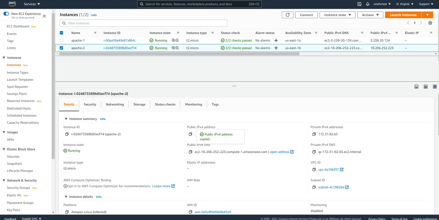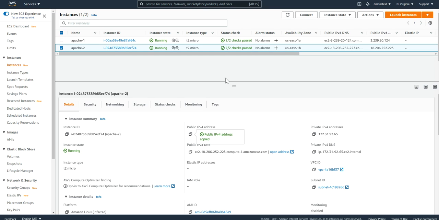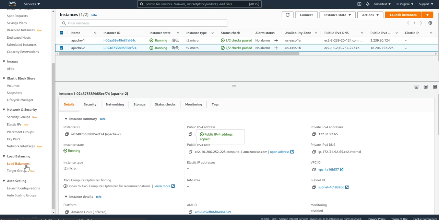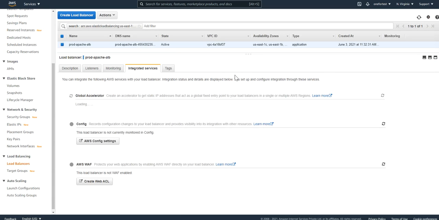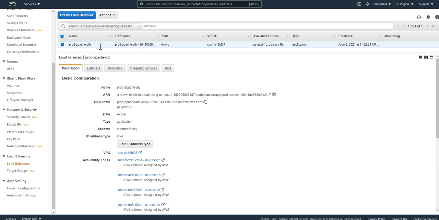So that is fine. Here the browser is saying not secure because the certificate is not mapped to this particular IP. It is mapped to my domain. That's why we are seeing it as not secure. Okay, now the next thing is I have one ALB in front of it. Let me take you through the ALB which I've already provisioned. This is my ALB, and here you can see the DNS name of the ALB. Let me show you what IPs this DNS gives us.